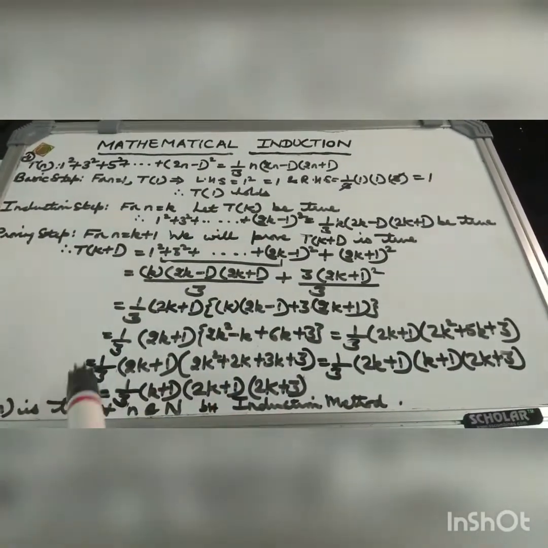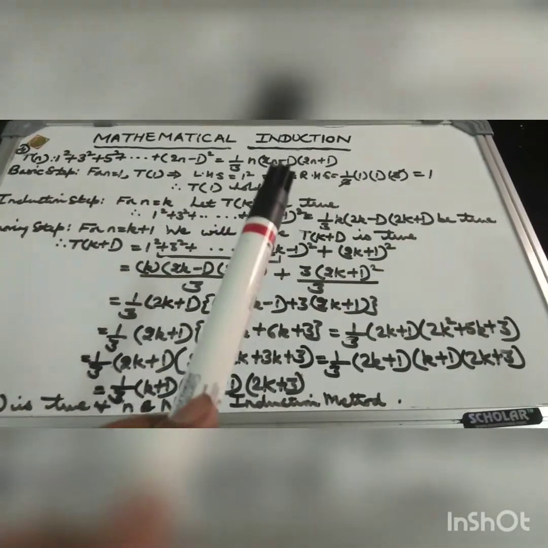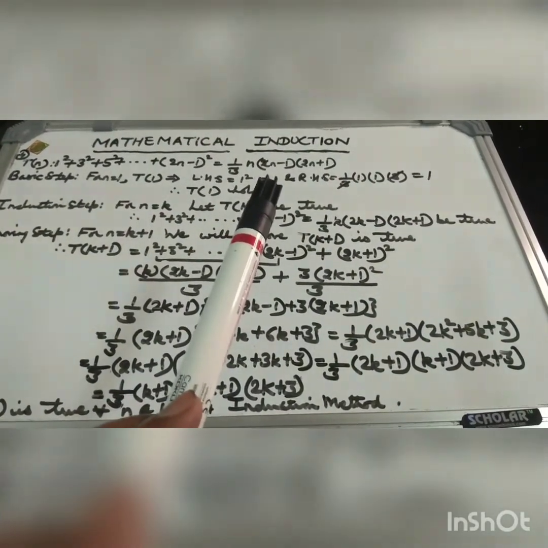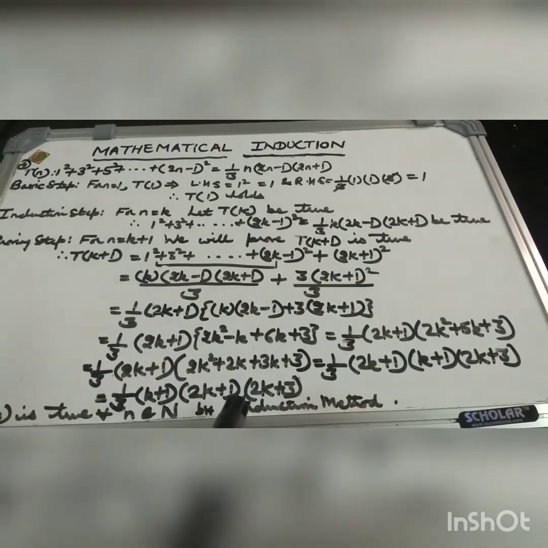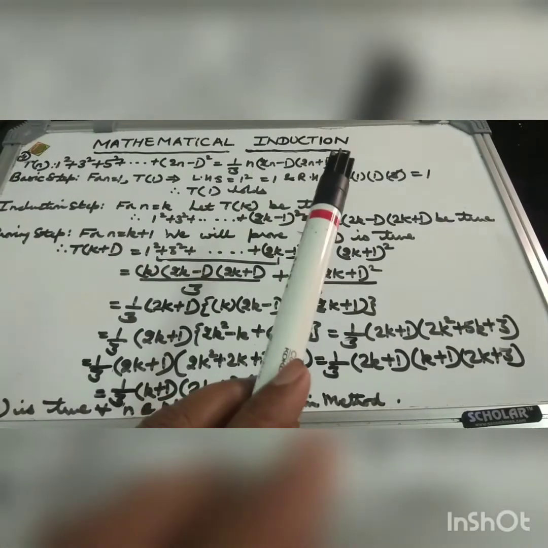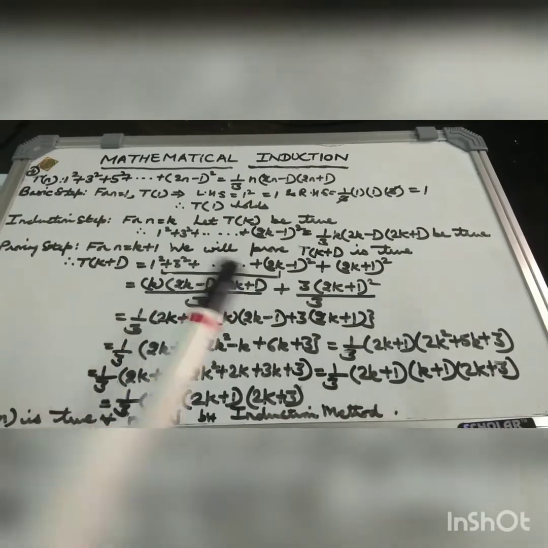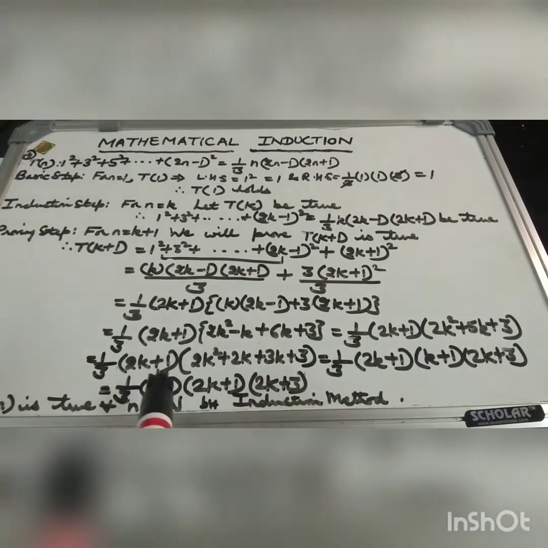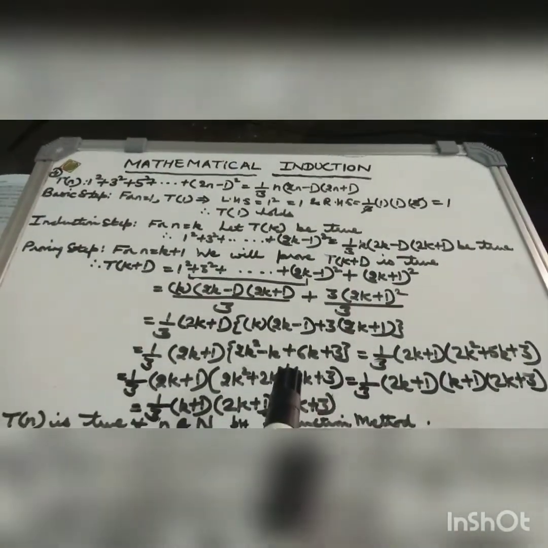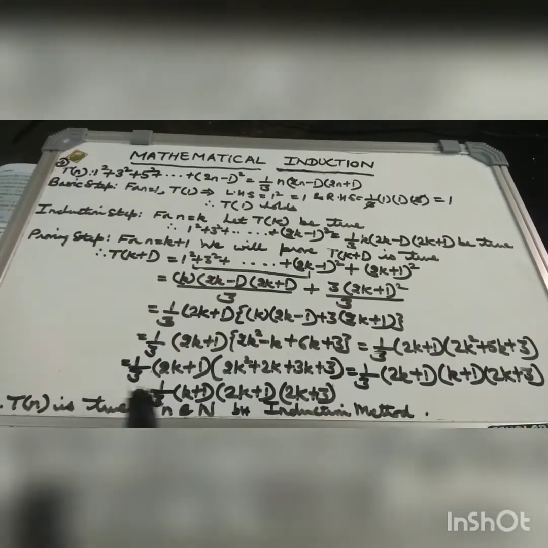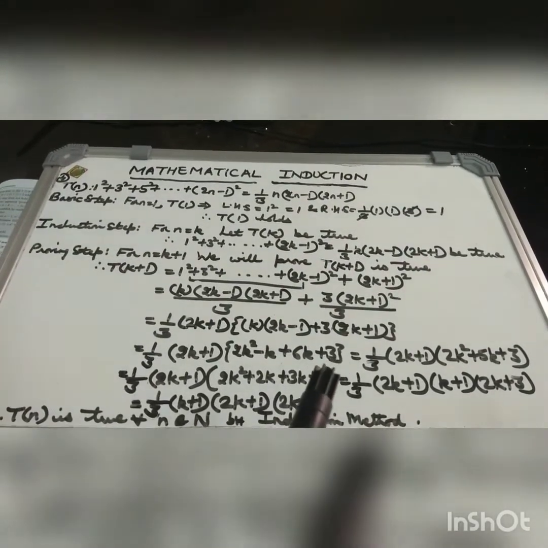Like 1 by 3, 1 by 3, okay. Now, in place of n, put k plus 1. So, you are getting k plus 1. Second bracket, 2 into (k plus 1), so it will be 2k plus 2 minus 1, which will be equivalent to 2k plus 1. And here, 2k plus 2 plus 1, which becomes 2k plus 3. So, starting from the left hand side of T(k plus 1), you are getting the right hand side of T(k plus 1), which is proved. Therefore, by mathematical induction, T(n) is true for all n in N. This is how you are going to complete every proof